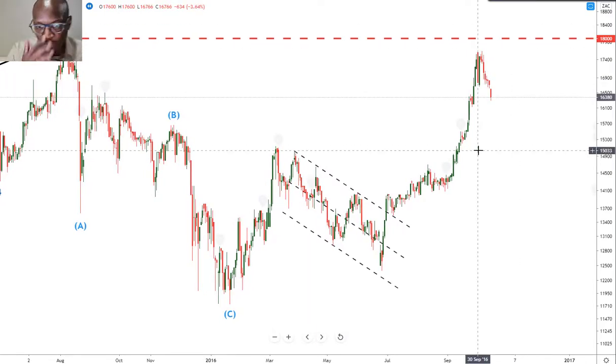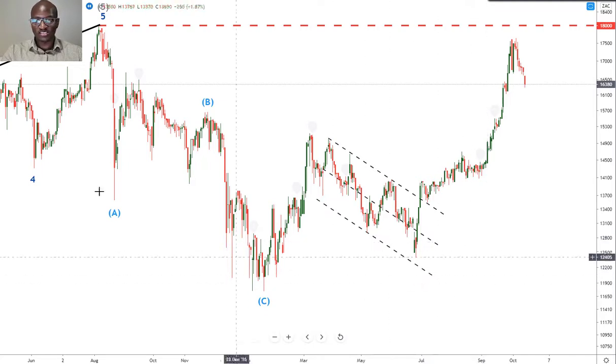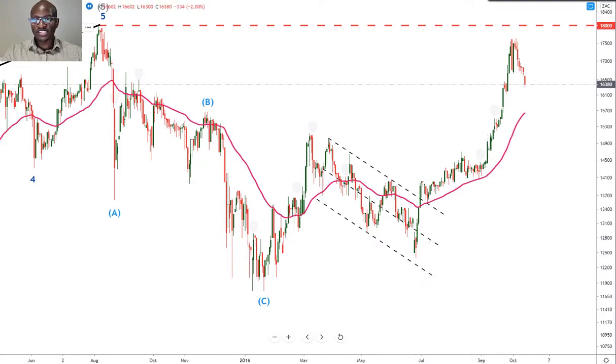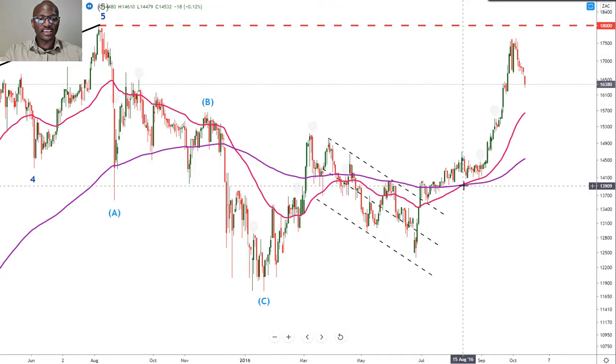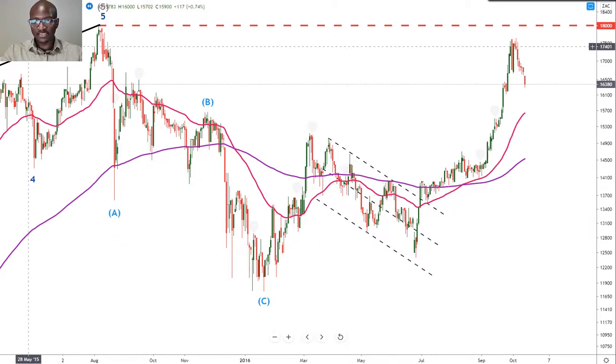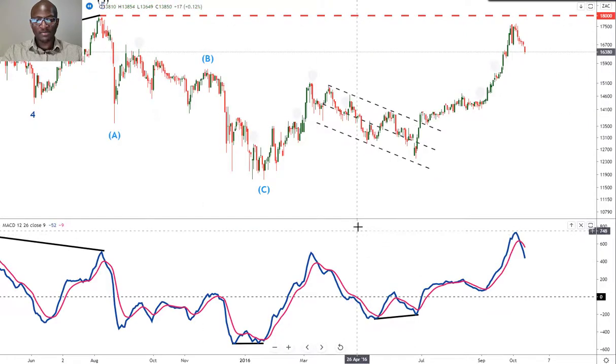Now, I'd like to take a bit of time just to emphasize the warning signals that were evident in this chart. If we look at the moving averages again, from this death cross, we can see that the moving averages crossed again here. And this would have enticed market participants to believe that the uptrend was resuming again. But if we look at the momentum indicator,